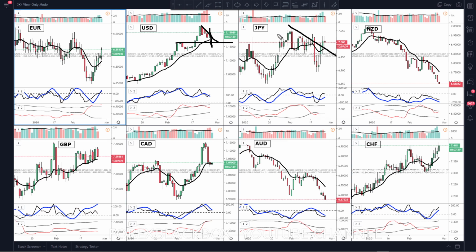Yen, you can see that we're outside this channel. We touched the bottom of the channel from here to there, and we're pulling back now, and we broke out of the channel. We tested the channel, we popped back up. So I think it will be flat a little bit here. So we're looking for sideways now. There are two ways to do this. We have a channel here and a sideways situation. And overall,